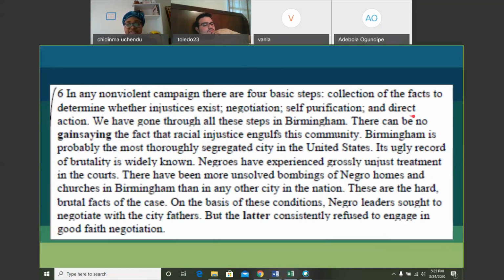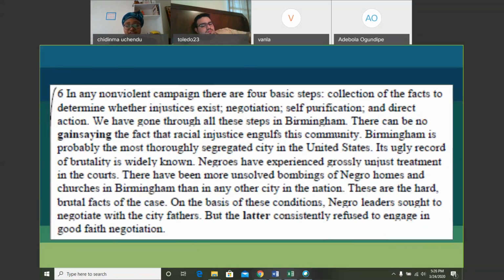And the fourth step is direct action. Okay, now we need to do something about this, right? We need to do something about this. And even part of this self-purification, right? So, hey, I did something wrong. We did something wrong here. Let's seek forgiveness. Let's be better people. And then let's act to change it. That's a direct action. What are we going to do to change this bad thing that we have done? Those are the 4 steps.